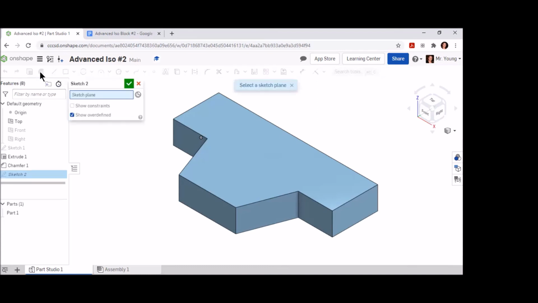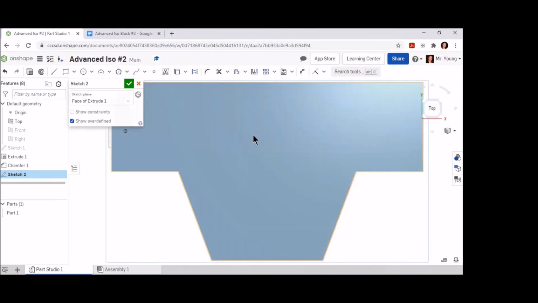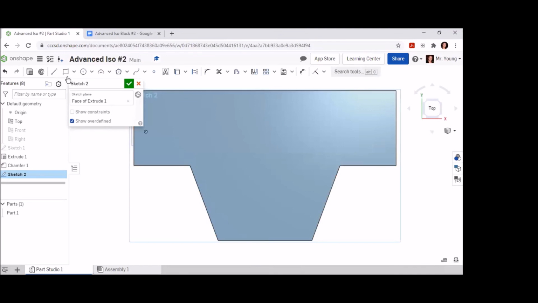Select the sketch tool from the ribbon, click on the top of our existing object. Using the top isometric cube option, we can rotate this to look straight onto the top of our object. Now I'm going to use a rectangle tool. And what I'm going to do is hover along the top of my object until I snap to the center point. Once I've snapped to the center point of my back line, I'm going to draw a rectangle down and